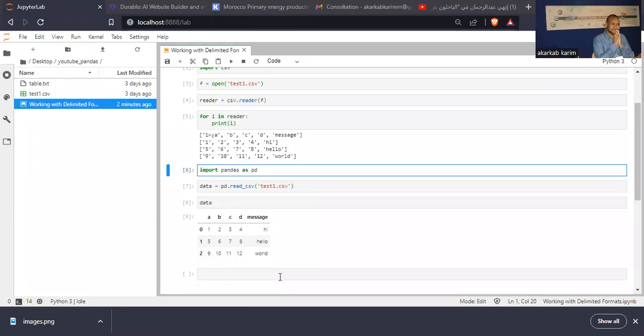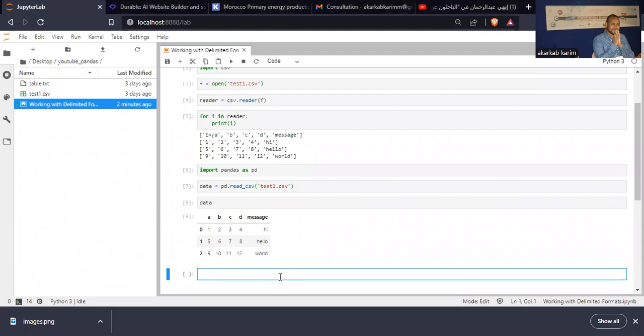So let's continue. The second syntax we can use to read our data is with a loop, but this time I will use